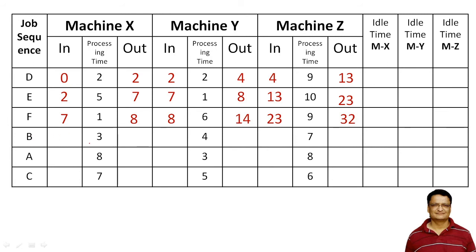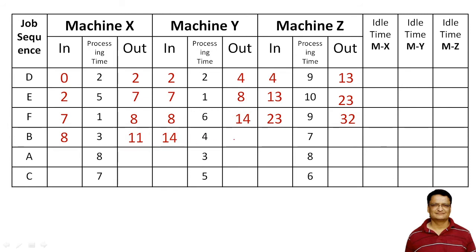Again, on this B front, right? So I can put 8 directly because machine X will be available and it doesn't have to wait for the jobs because the jobs are already ready, right? So 8 plus 5 will give me 11. Now, what value will you put over here? Can you put 11 over here directly? No, because my machine Y is not ready. It will be ready after the 14th hour, right? So out of these two values, 11 and 14, what is the greater value? 14 is the greater value. So I will put this 14 value over here, right?